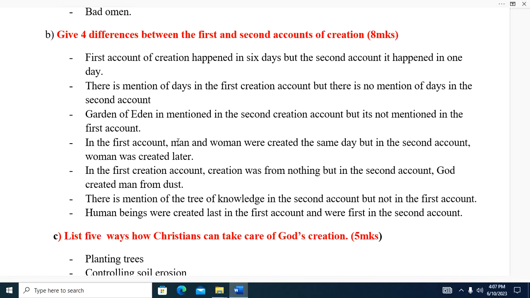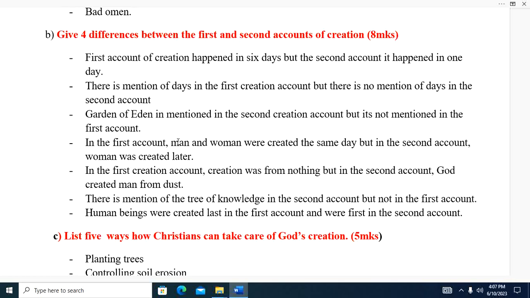Number 2, there is mention of days in the first creation account, but there is no mention of days in the second account. Number 3, Garden of Eden is mentioned in the second creation account, but it's not mentioned in the first account. Number 4, in the first account, man and woman were created the same day, but in the second account,